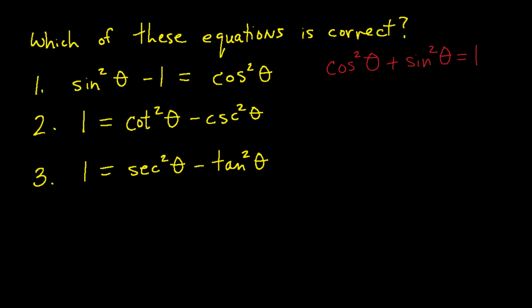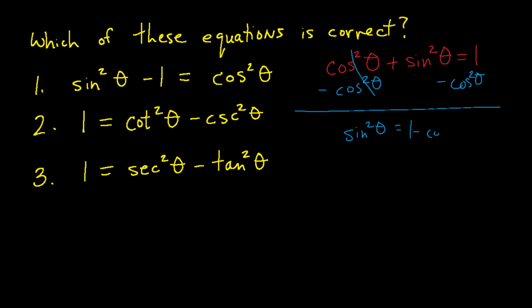Because number 1 begins with sine squared theta, I'm going to start by subtracting cosine squared theta from both sides of this equation. This leads to sine squared theta equals 1 minus cosine squared theta. Next, we see that number 1 has a minus 1 on the left side. This gives us sine squared theta minus 1 equals negative cosine squared theta. As you can see, because of the negative sign, this does not match the equation in number 1,